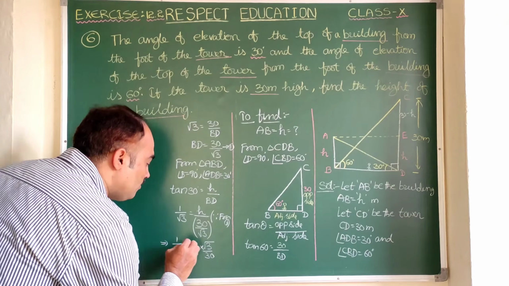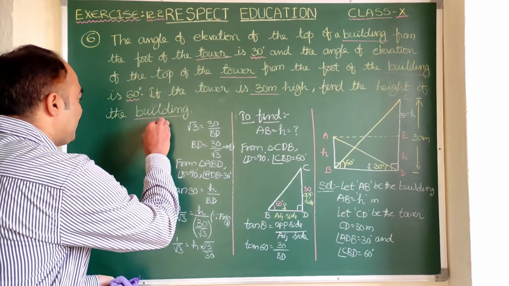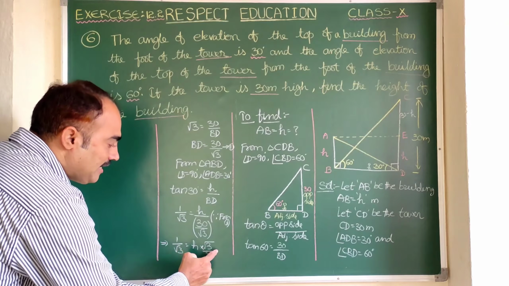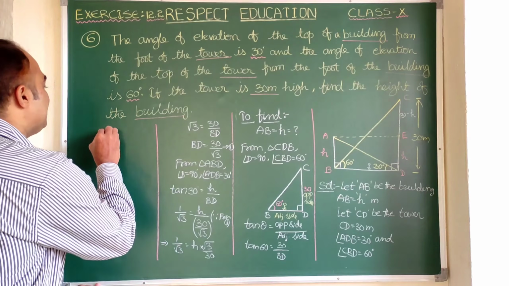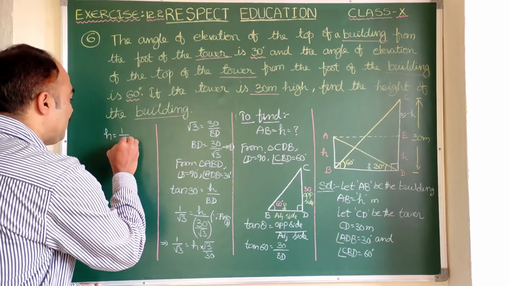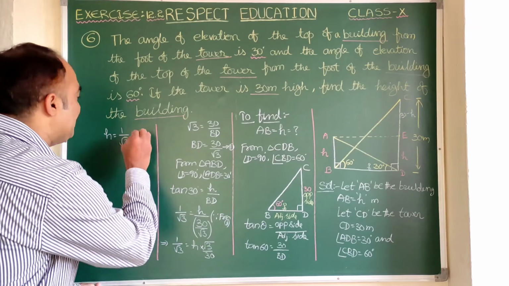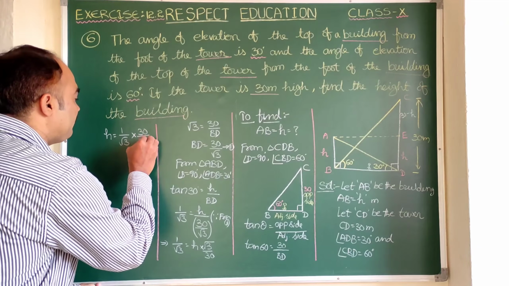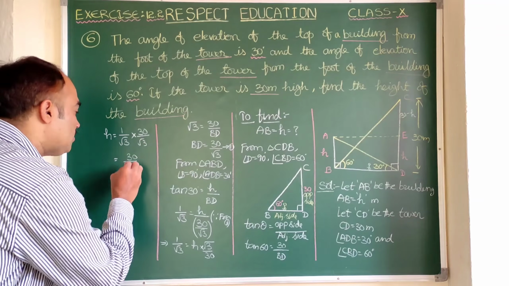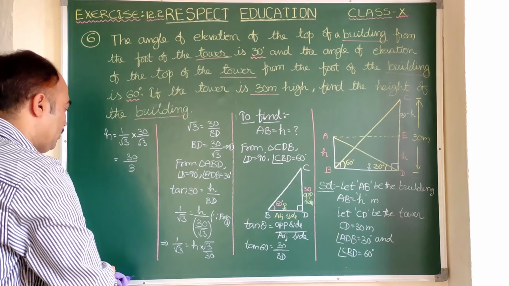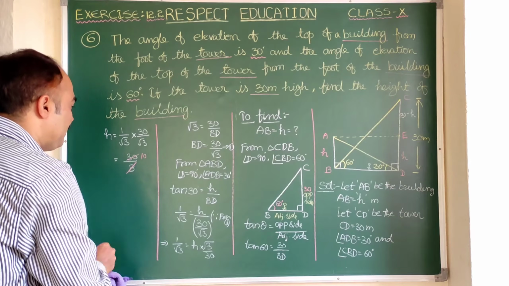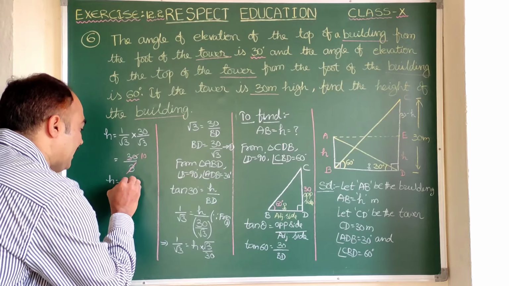Now here we are going to find H. As we are in need of H, I am sending root 3 by 30 from the right hand side to the left hand side. So the value of H becomes 1 by root 3 into root 3 by 30, which becomes 30 by root 3 in the numerator and denominator multiplication. 1 into 30 is 30, and root 3 into root 3 is root 3 square, nothing but 3. On cancellation, we can cancel 30 with 3, so it is 10. So we can write H is equal to 10.